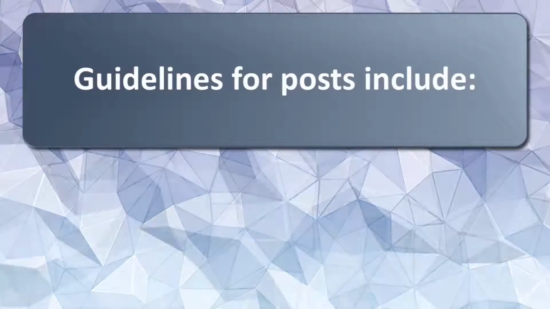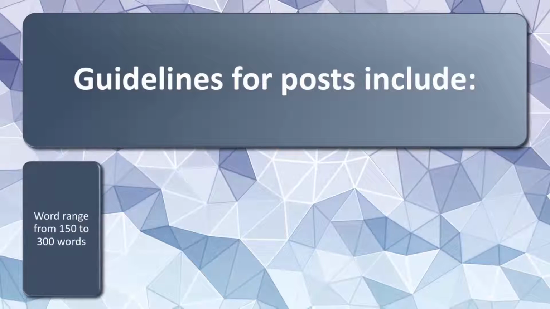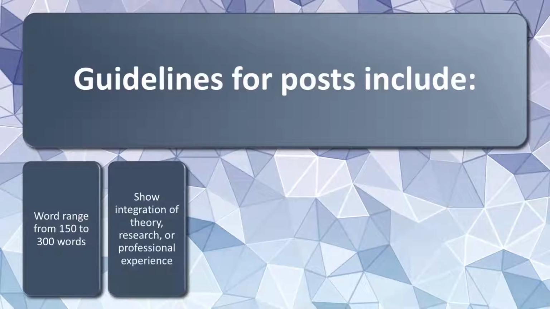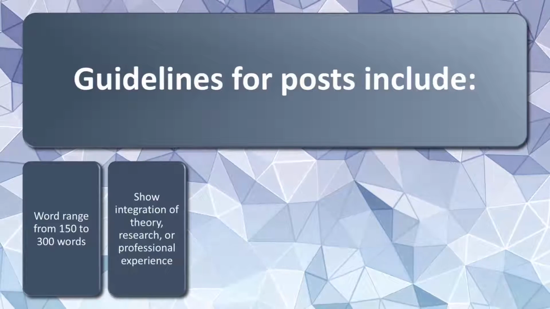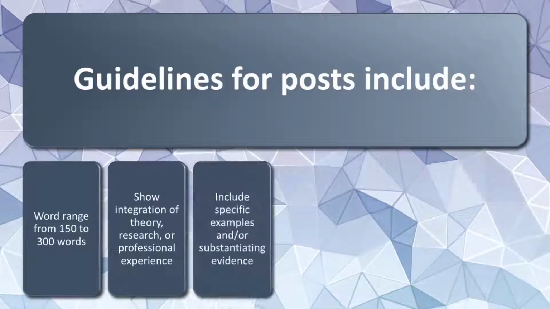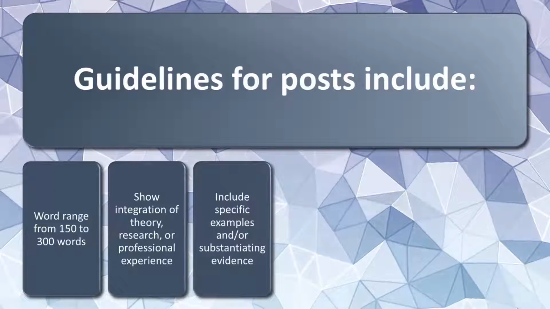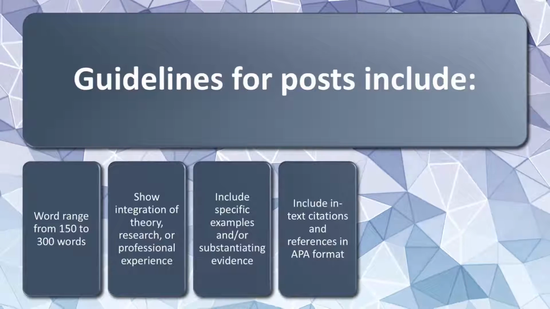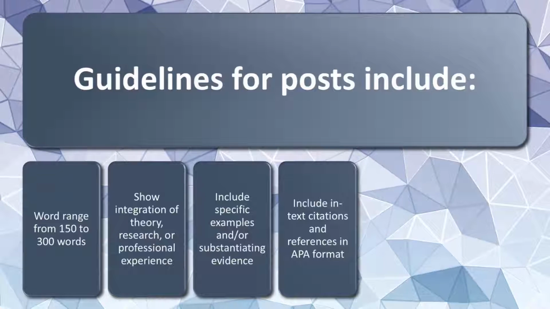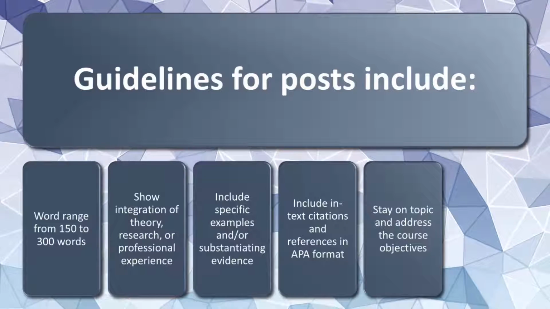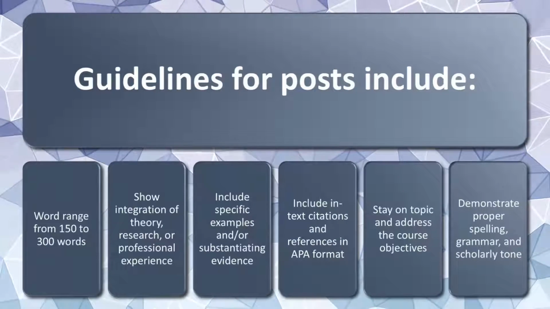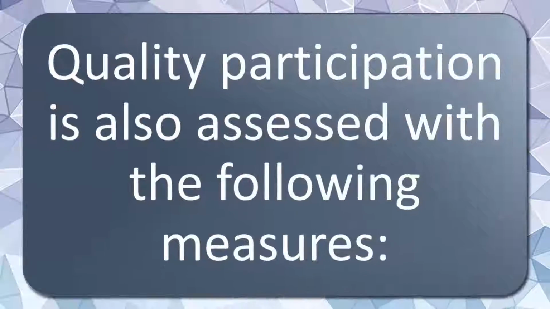Guidelines for the posts include a word range from 150 to 300 words. Show integration of theory, research, or professional experience. Include specific examples or substantiating evidence. Include in-text citations and references in APA format. Stay on topic and address the course objectives. Demonstrate proper spelling, grammar, and scholarly tone. Quality participation is also assessed with the following measures: